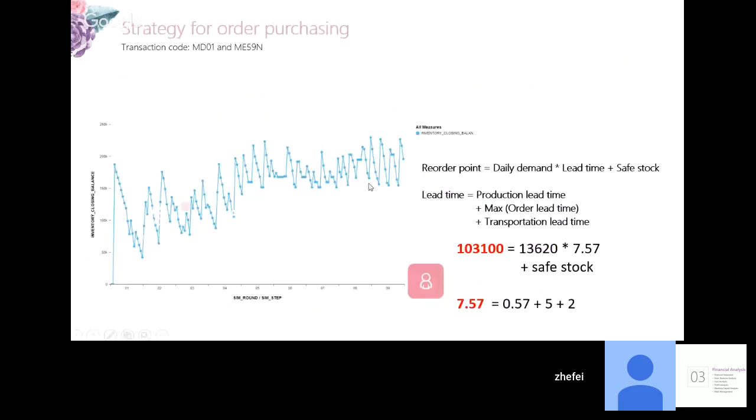Then I decided when I should purchase orders, and the relevant transaction codes are MD01 and ME59N. Reorder point is calculated as daily demand multiplied by lead time. Here, lead time equals the production lead time plus the maximum ordering lead time, which is 5 days, plus the transportation lead time, which I set as 2 days. Daily demand is calculated, and the result is